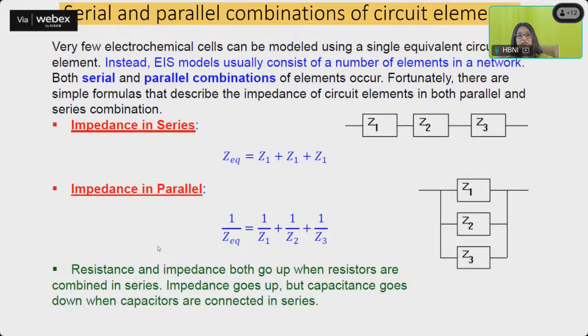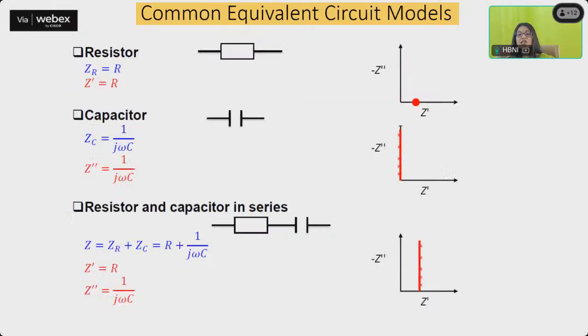And please remember that resistance and impedance both go up when the resistors are combined in series, whereas impedance goes up but the capacitance goes down when the capacitors are connected in series. So all these things you have to remember when you are modeling whatever data you have gotten from your EIS. So for the resistor, you see the Z prime is equal to R because you have nothing on